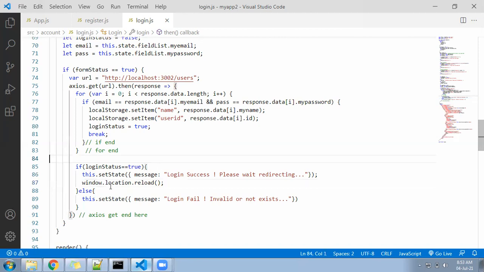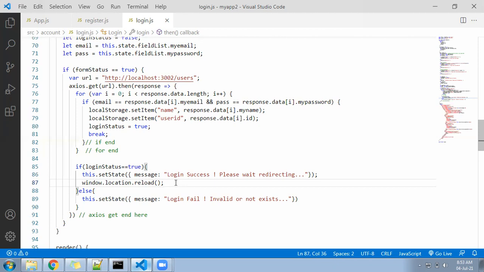Right, window.location.reload. Reload will happen, just a simple reload. It may remain on the same page, because we have not yet added the further condition. The further condition we are going to add: if the user is login, then redirect to the dashboard. If the user is not login, then let him be on the login page itself.